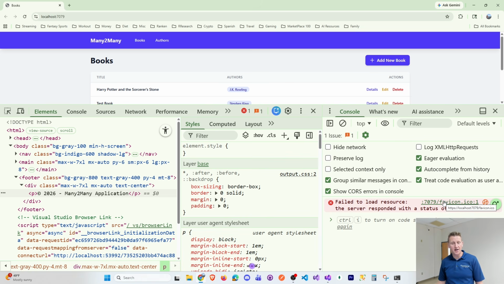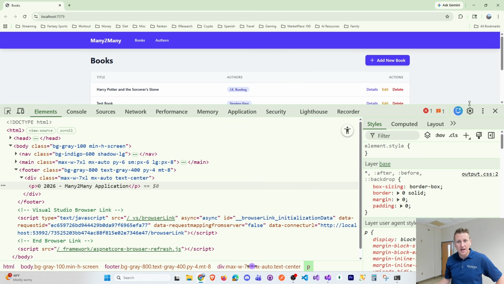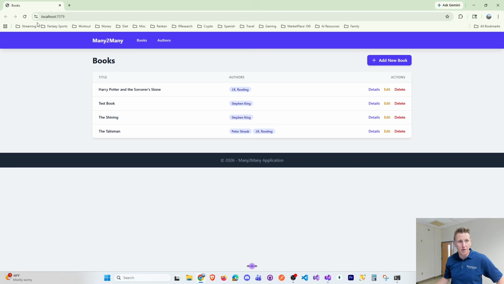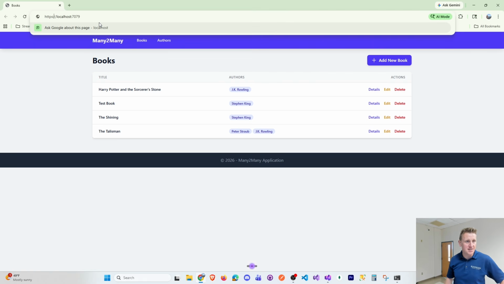Not a favicon error, but it was a cookie error, and it was saying, hey, a cookie was rejected. In other words, the browser was rejecting a cookie from the main site that I'm coding here. And it turns out that if you were running this site in HTTP,